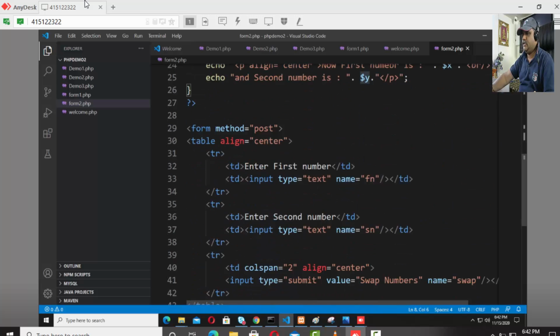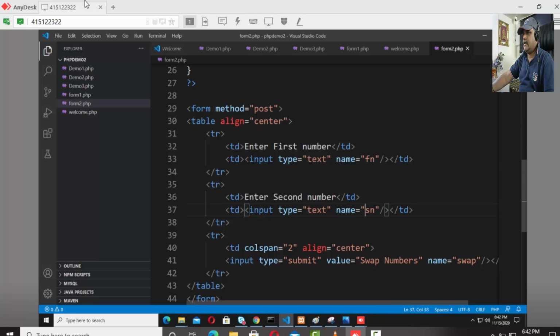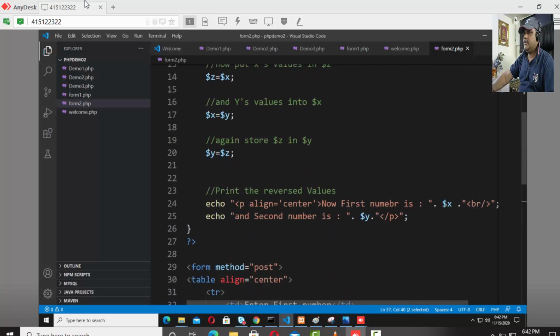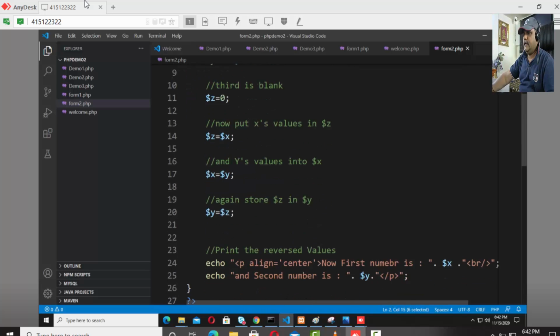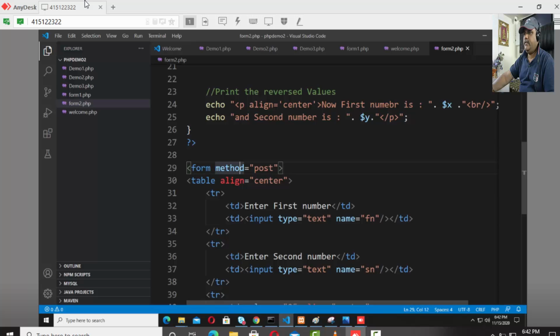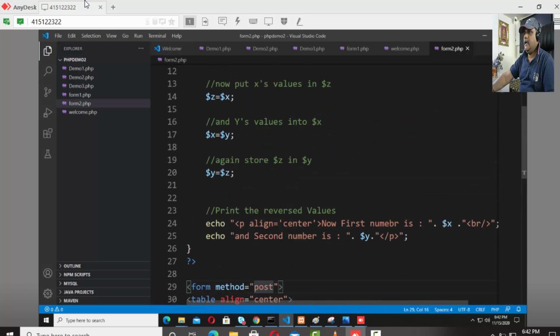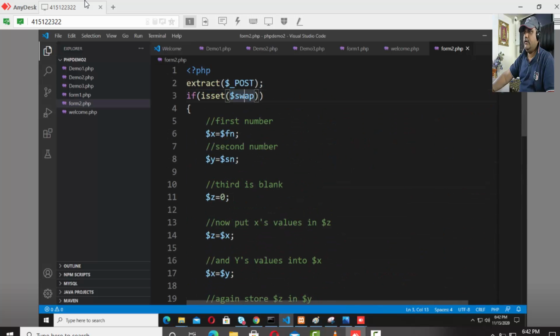Now fn and sn are actually the names of the input fields of the form. So this extract($_POST) will read the posted data, and here we specify form method equals to post. Okay, after that, if isset($swap) means if the event processor, if the button is hit, if the button is clicked, then this